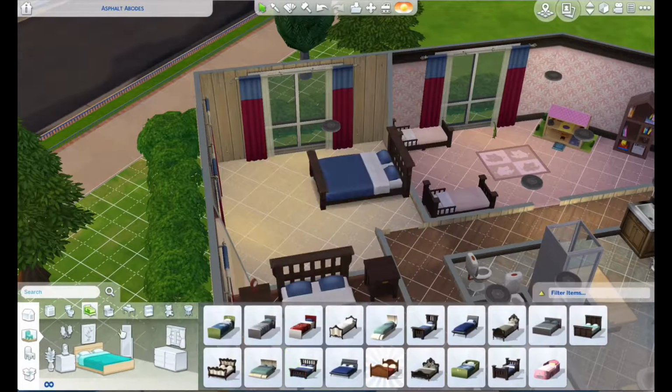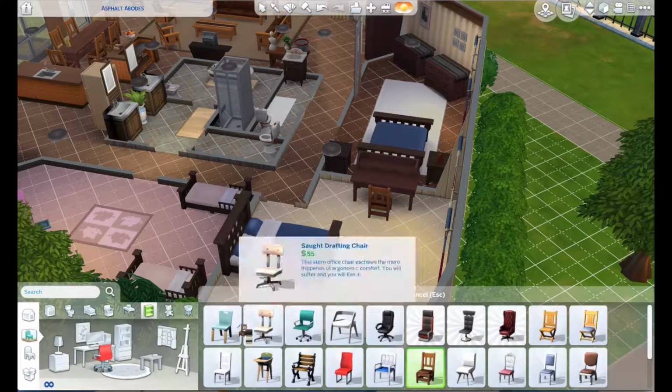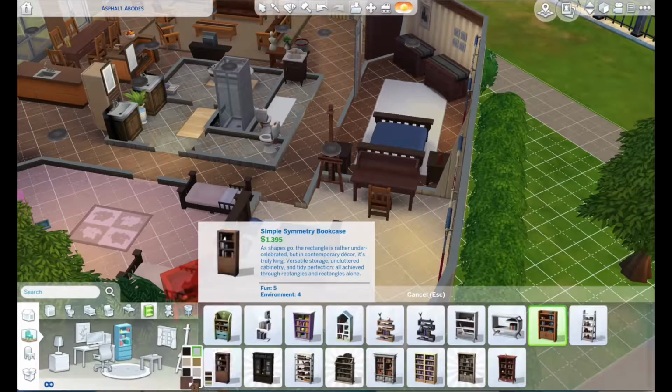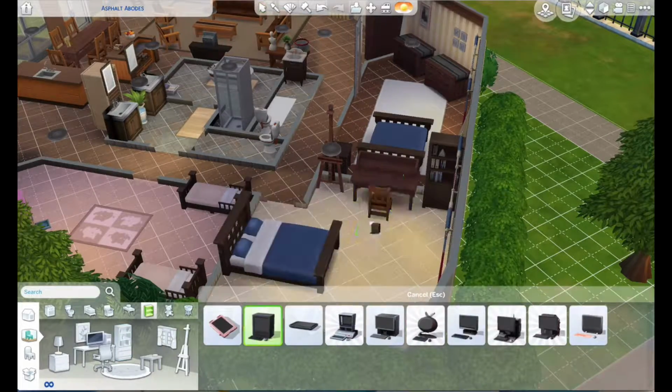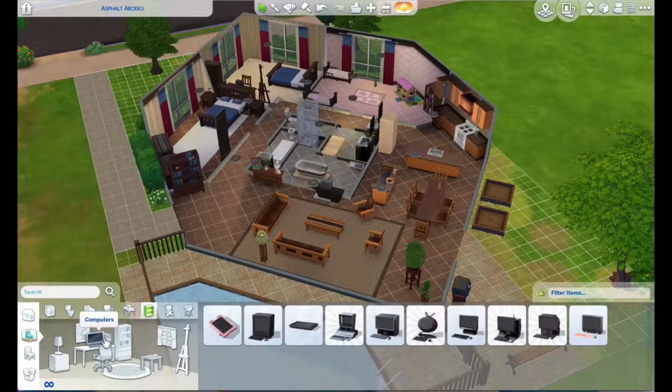Now I'm finally doing the little, like a spare bedroom with a bit of a study in it, and yeah, just trying to get a few more useful items in case someone actually wanted to play this, including a computer, which obviously not very 1960s, but I feel like it's useful for the game. So yeah, here's the house. It's pretty simple, but I hope you enjoy it,